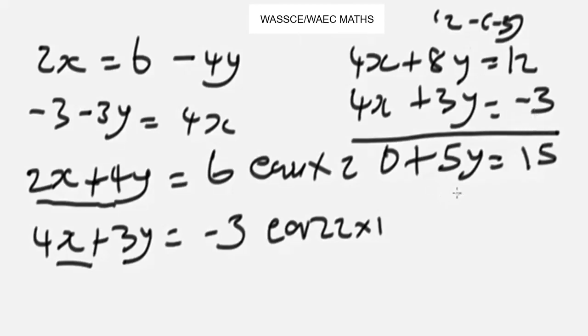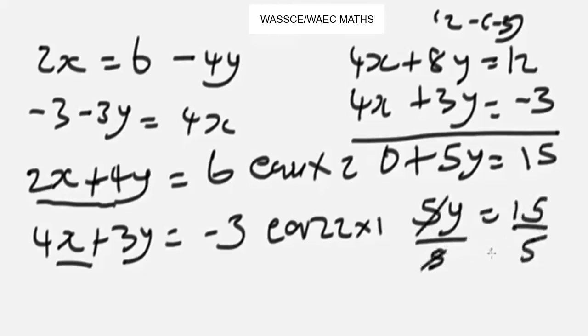To make y the subject of the formula, the 0 is nothing, so 5y equals 15. We divide both sides by 5. Alright, so our y will be 3. Now, since our y is 3, let's get our x. To get x, plug y into any of these expressions. Now let's plug y into this equation 3. So when y is 3, when you plug y here,